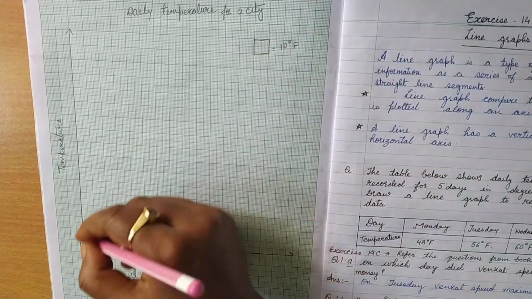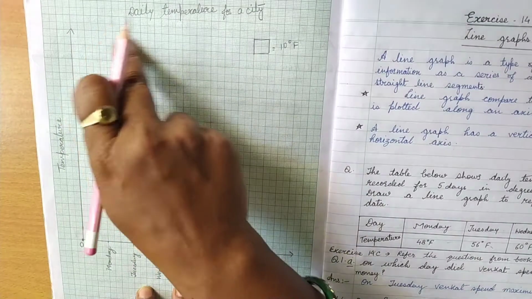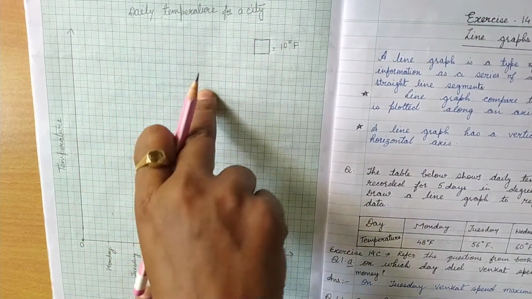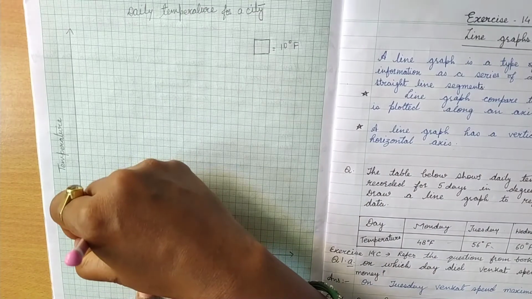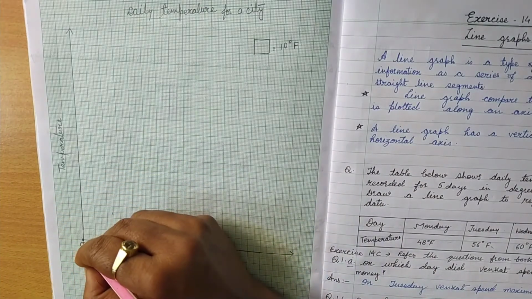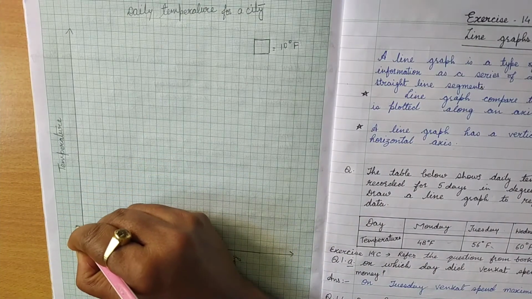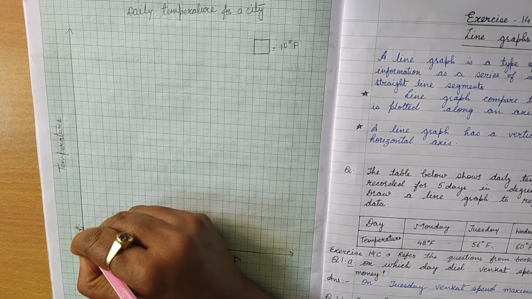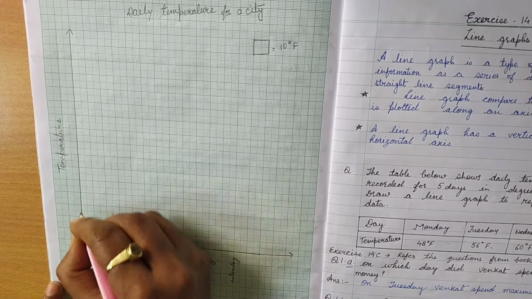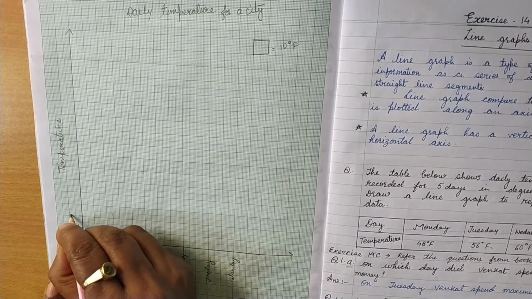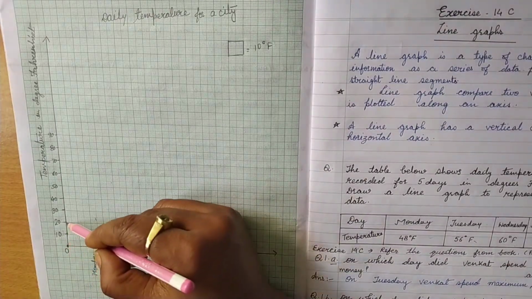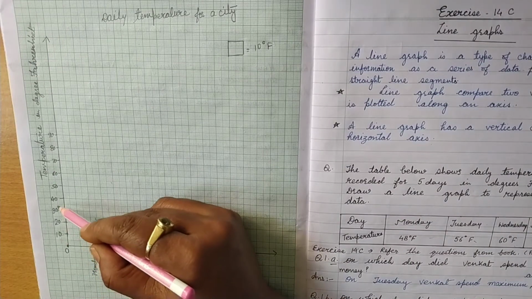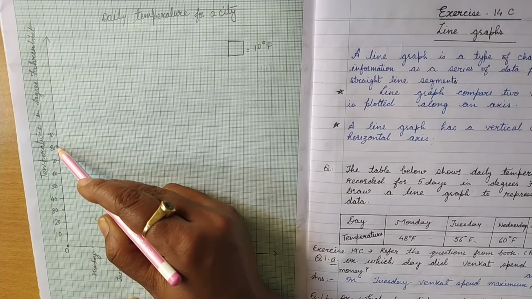Clear? This is why I showed you the large one when I enlarged this block and showed you that each part is divided into 10. Now this is the first 10 degrees Fahrenheit, then 20. So I have marked the temperature here: 10, 20, 30, 40, 50, 60, 70, 80 and 90.